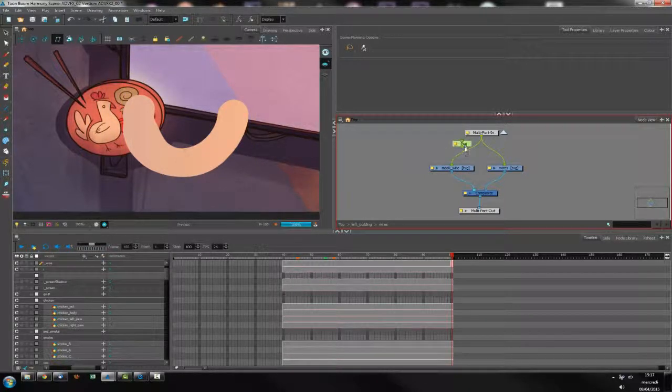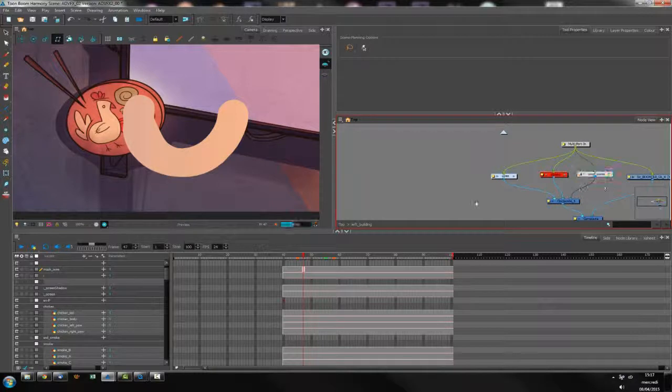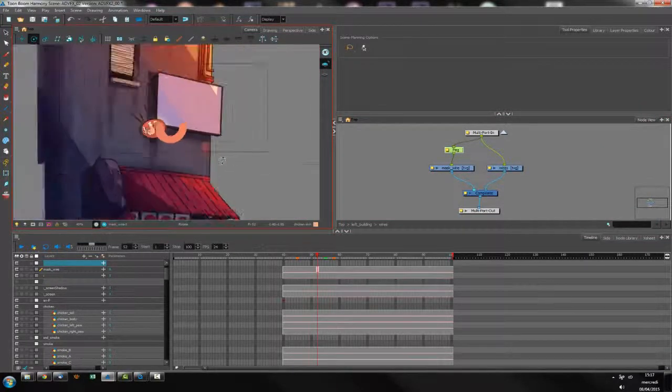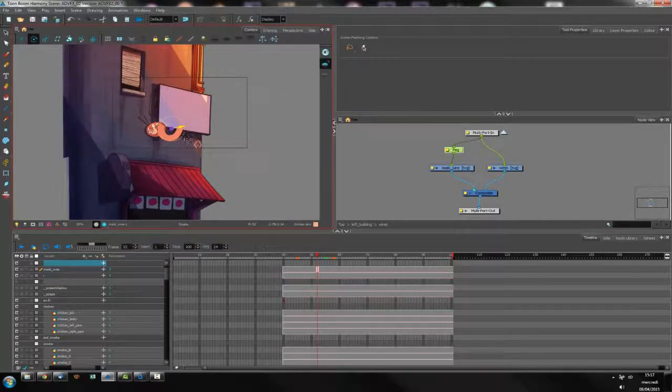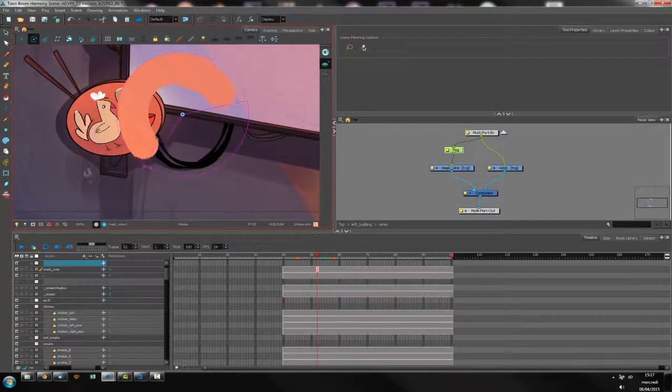So I've created a peg, Control P, linked it with the Alt, and what I want to do is that I want my FX to begin when my chicken is beginning to wipe out. So here seems to be the good frame. So I am going to rotate my element because I want to animate the element along my wires. So I put the center here, and I would just rotate my element,